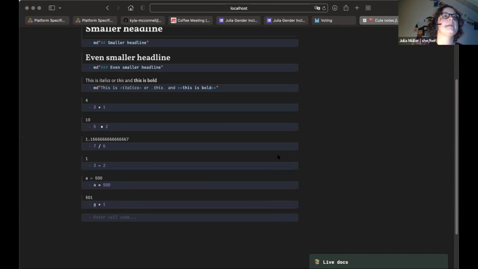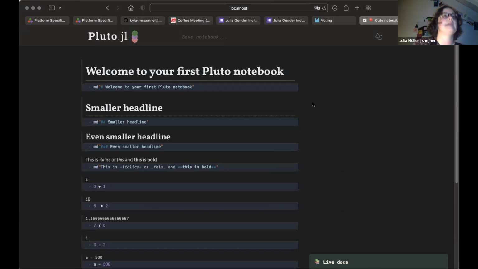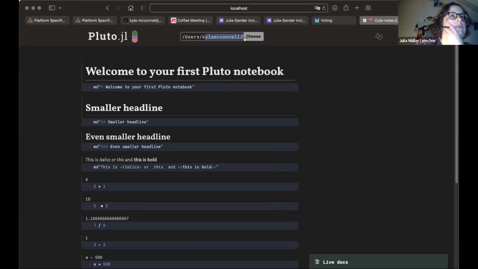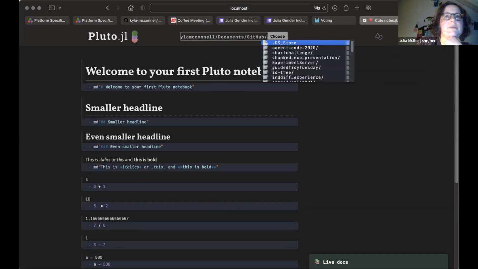And then if you go back to the top, Kyla, you can save these notebooks. This will give you a path on your computer, and then you can type it in. It does work with typing in paths, and you can save it wherever you like.